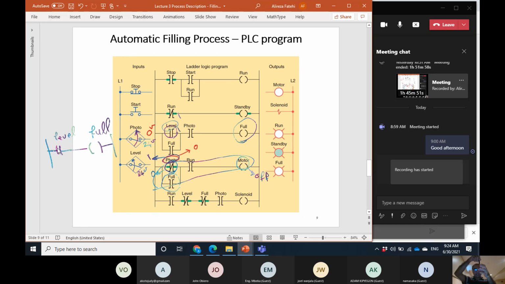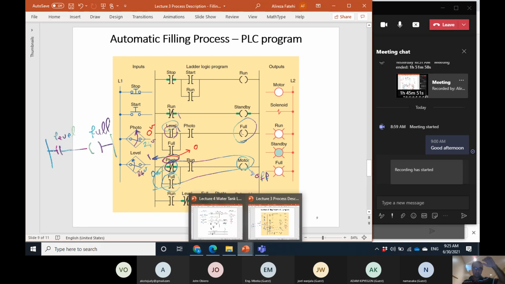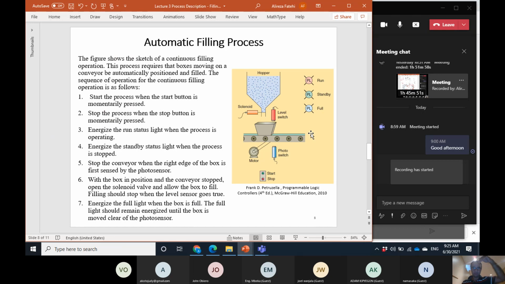When the box is clear from the level sensor, this full becomes 0. But the box is not yet clear from the photosensor, because the photosensor is generally a little bit, for example, a few centimeters or maybe 10 centimeters, depending on the size of the box, more to the right. So there's not anything in front of the level sensor, and so the level sensor opens,